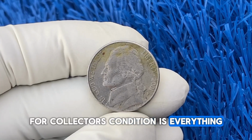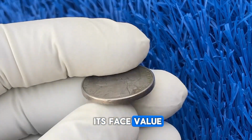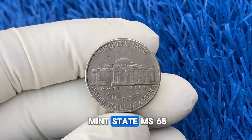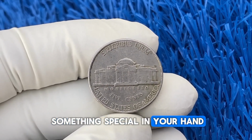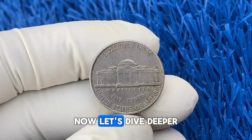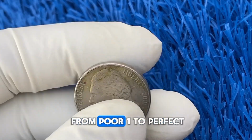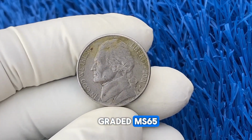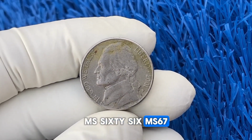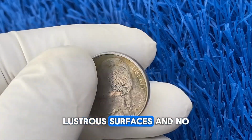Condition is everything. A circulated 2001 nickel may only be worth its face value, but find one in mint state, MS65 or higher, and you are holding something special in your hand. Now, let's dive deeper into the grading system. The Sheldon scale ranges from Poor 1 to Perfect Mint State 70. Coins graded MS65, MS66, MS67 fetch a premium because they show sharp strikes, lustrous surfaces, and no